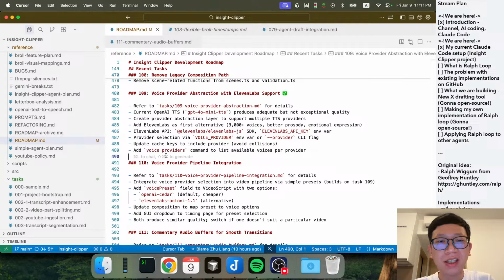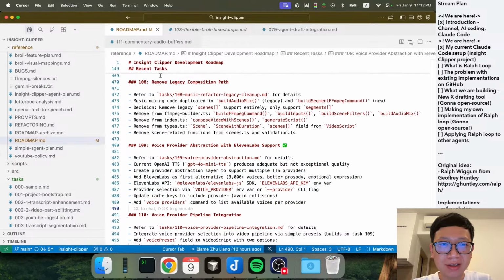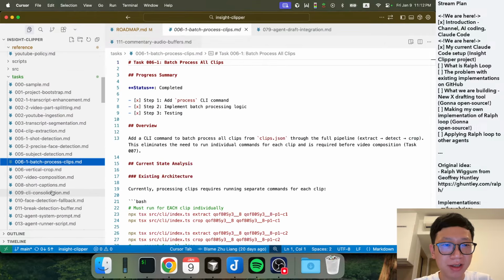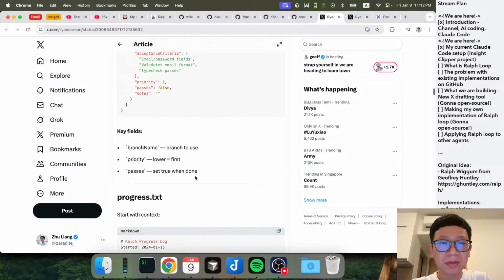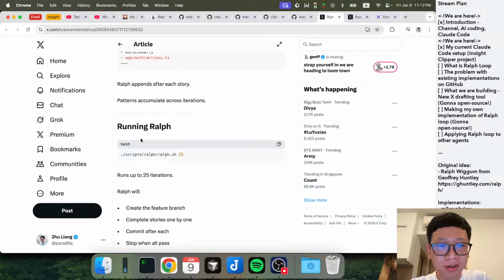I don't know what the exact structure would look like, but it will very likely be very similar to what I'm doing here, except it's running a loop, right? So basically you have the high level PRD here with the tasks, and then for each task you create the individual task plan for the agent to execute, and all of this is happening in a while loop. Yeah, so that's the basic idea, and also of course you have to give it an escape hatch, which is